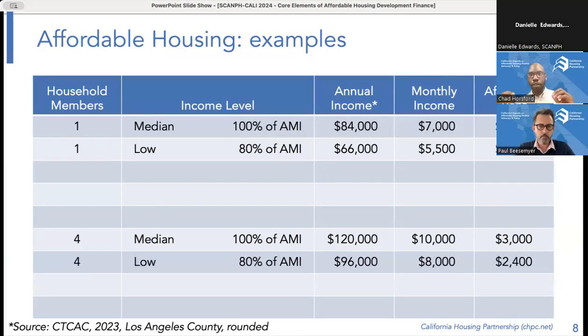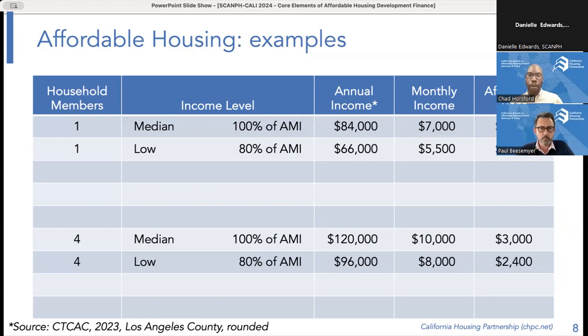If we start looking at deeper affordability levels or start being more specific about the groups we're talking about, these definitions that we'll go through, you'll see a lot in the policy literature where you see it thrown out low-income households, but no one ever defines what low income is within the paragraph you're reading. Well, low income in a lot of policy circles, you're talking about households that make 80% of median income. So 80% of this $84,000, which works out to roughly $66,000 for the year.